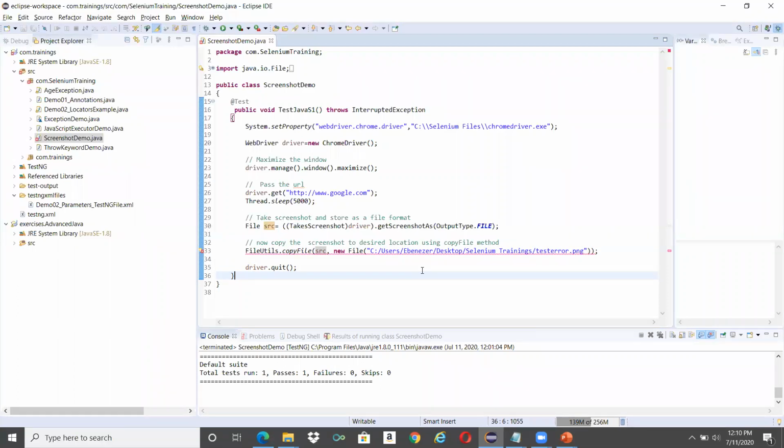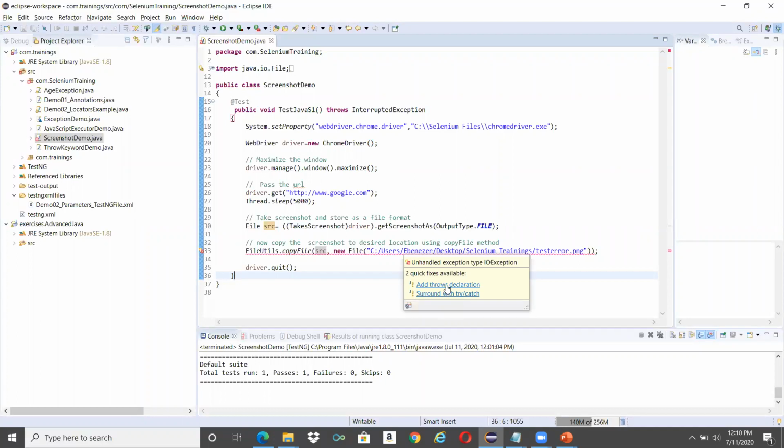We have to define our own exception kind of. So if you hover your mouse here, it is telling unhandled exception IO type, two quick fixes: add throws, or surround this particular statement using try catch block. Okay, so that's the thing.